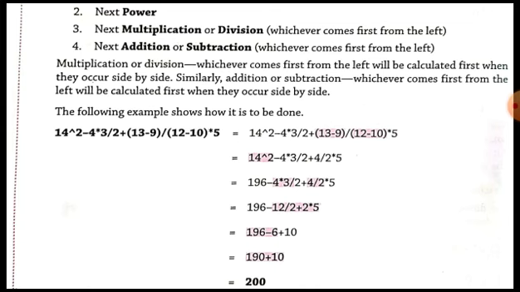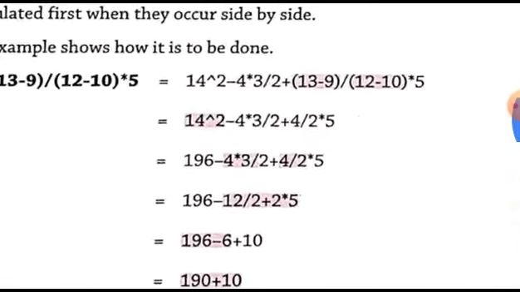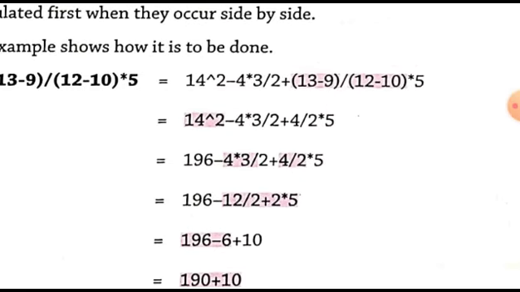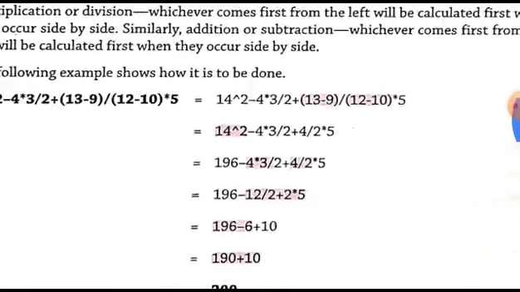Here also, see, first of all the brackets are evaluated. Then 13 minus 9 is evaluated as 4, then divided by 12 minus 9, which will be 2, into 5. Then again, what will happen now? Multiplication. See again, in the second step, the power operator is evaluated. Whatever operator is evaluated in this example is highlighted in red color. You can see in the red or pink color, whatever operator is evaluated in the expression is highlighted by the red color here.